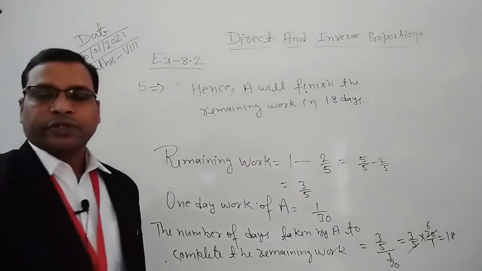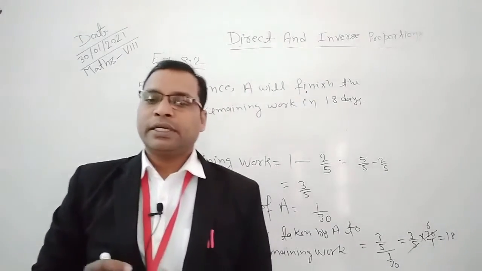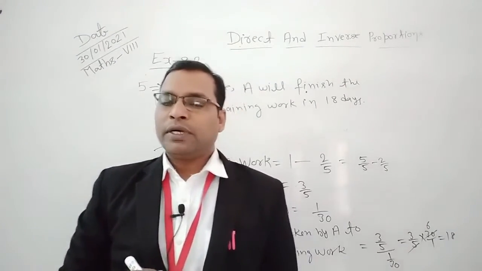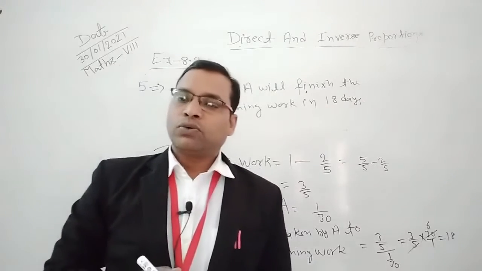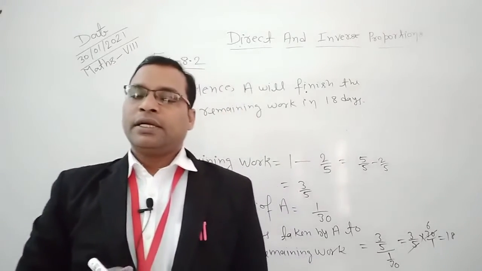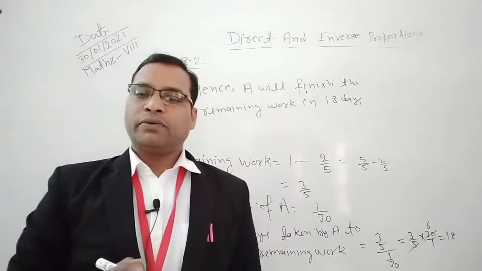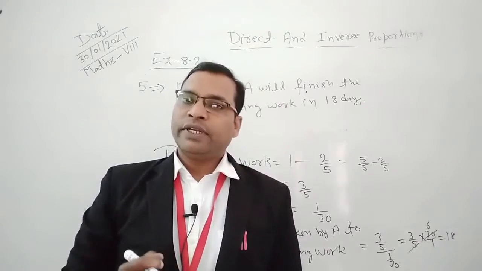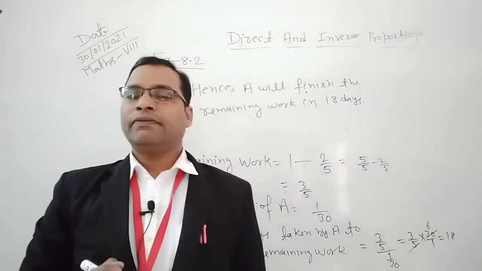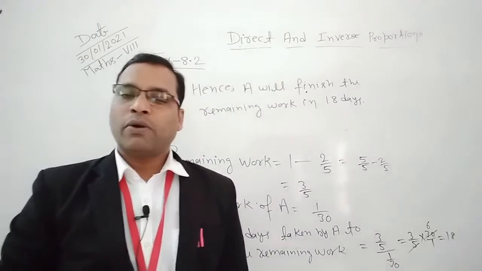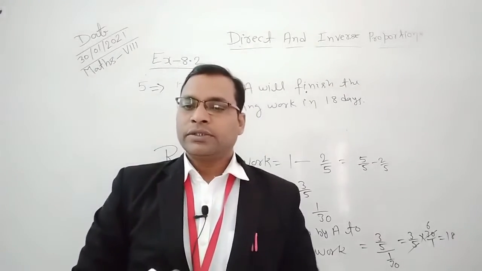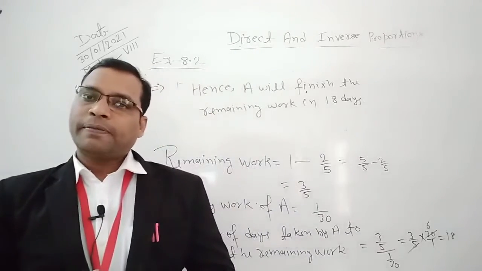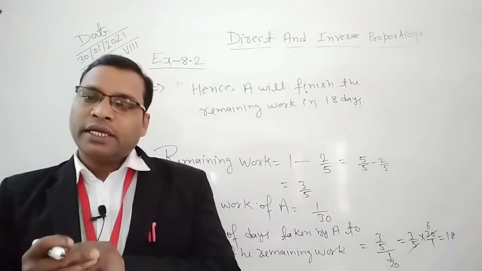Students, in this question this is given that A and B together can complete a pond in 20 days. They work together for 8 days and then B left the work. How long will A take to finish the work, if A alone can dig the pond in 30 days? So in this question this is given the work done by A and B. A and B complete this work in how many days? This is given 20 days.